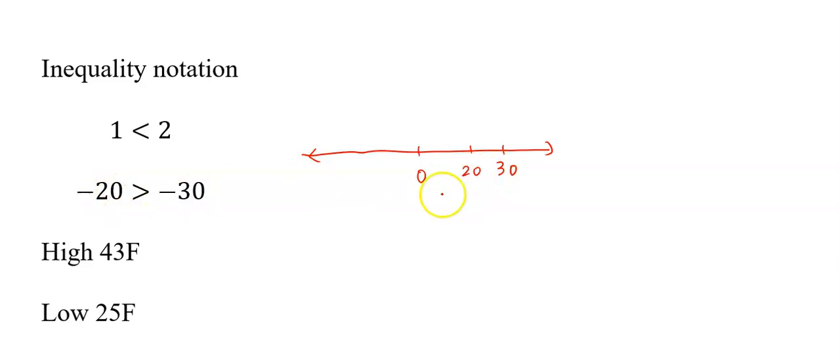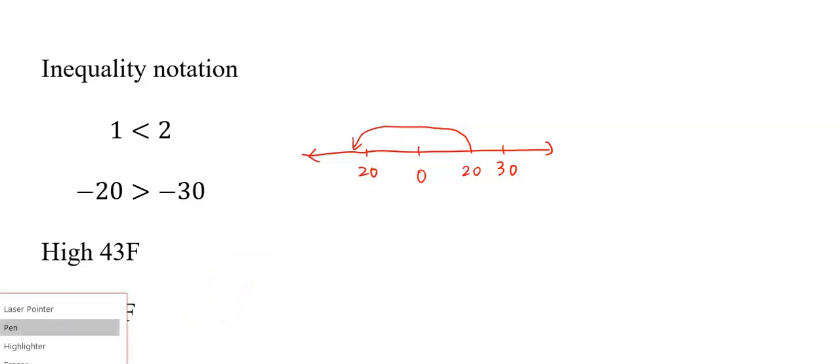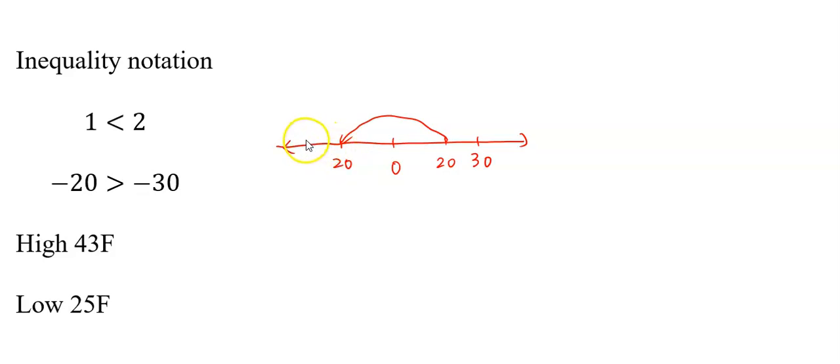But if both of them are turned into negative numbers, so we know negative means the opposite of, so negative 20 is the opposite of 20. So it's going to be flipped to the other side. And negative 30 is going to be the opposite of 30, so it's going to be flipped to the other side. As you can see, now negative 30, originally positive 30, is on the right side of 20. That makes 30 bigger or 20 smaller. But once we flip them to the other side, because negative 30 is further away on the left, now